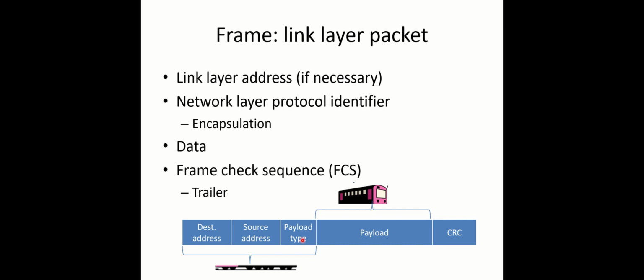In the Ethernet header, there is a very important field called a payload type. In other technologies, the field is called by other names, but their function is the same. It identifies the payload, namely which network layer protocol gave it to this link layer to deliver. In case the payload is IP, for example, the payload type in the Ethernet frame is 0800 in hexadecimal value.